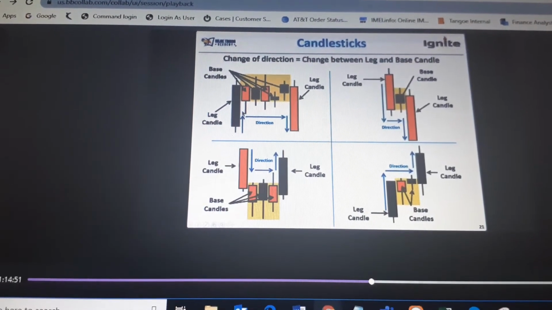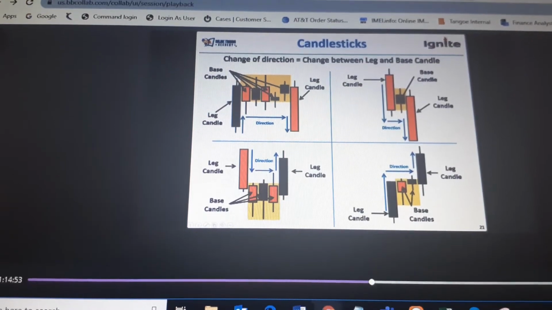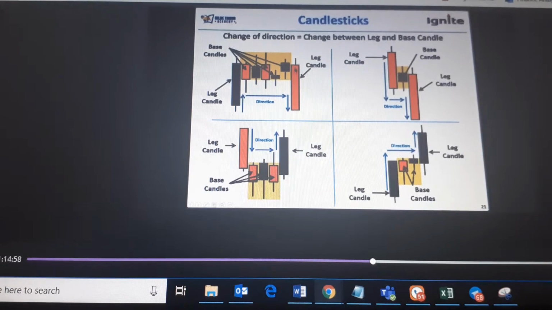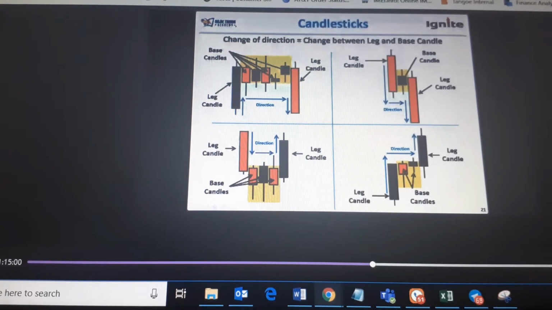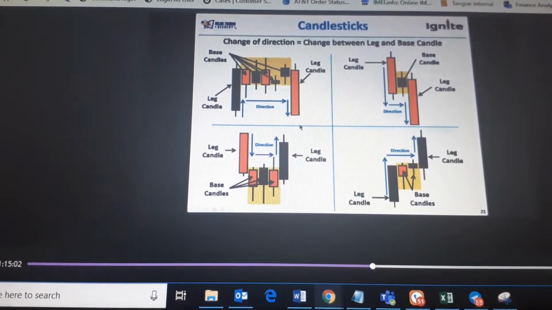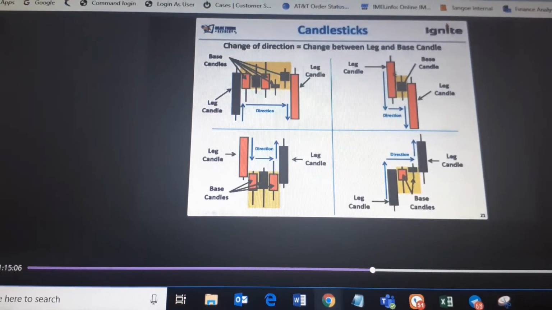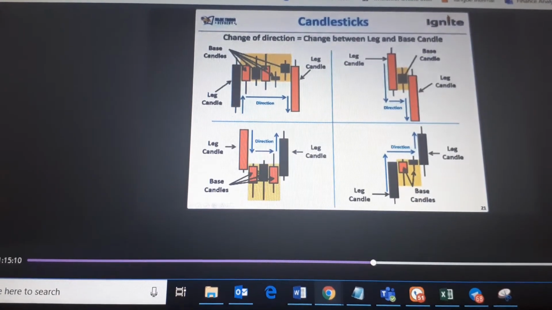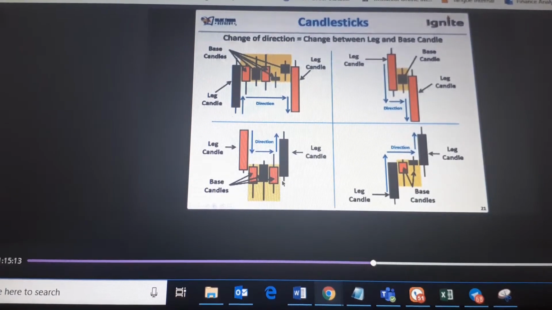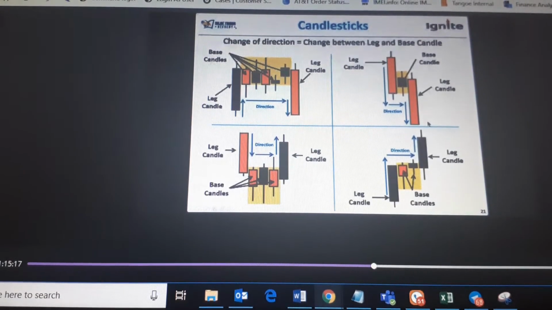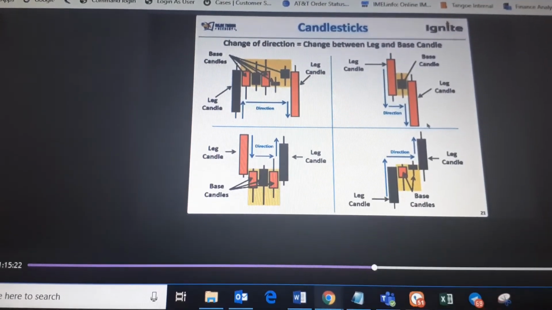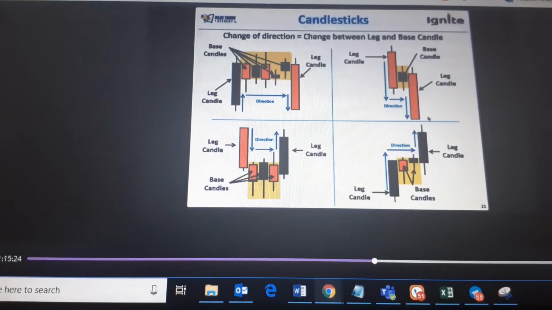Okay, can you see this, a rally? This is a green candle, so this will be called a rally. This is your base and this is your drop. So this is your rally, base, drop. Base will be said only once. This is your drop, base, drop. This is your drop, base, rally. This is your rally, base, rally. These are the 4 patterns of supply and demand that we are going to study ahead.